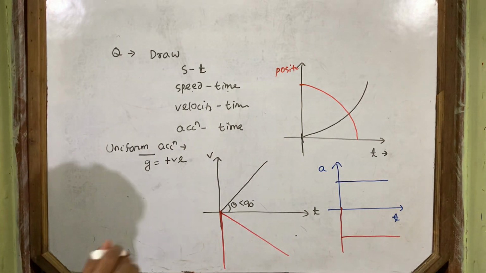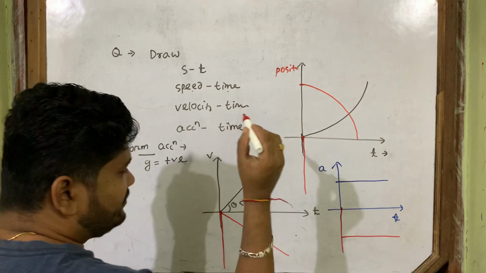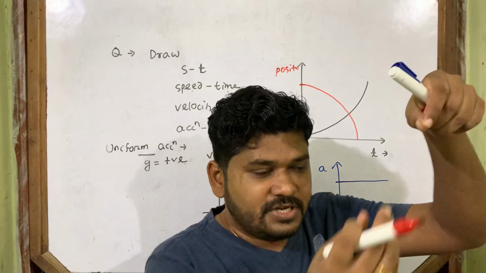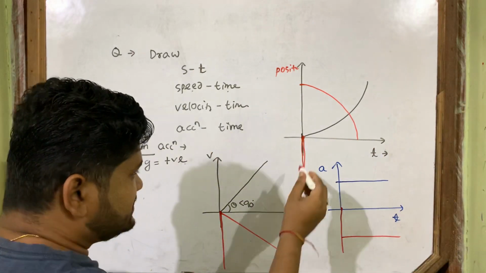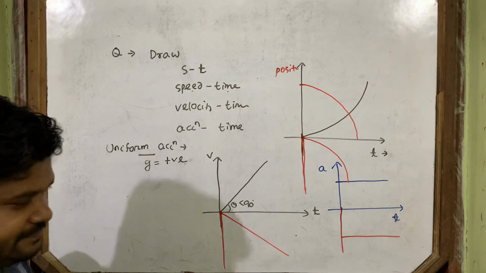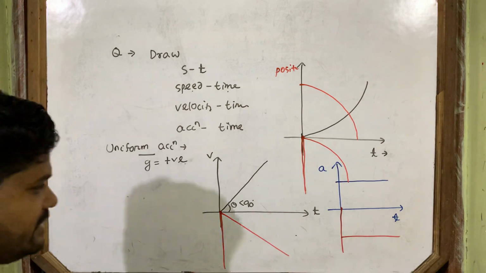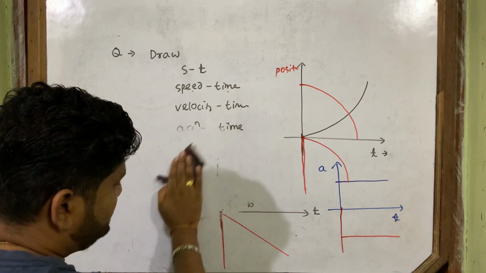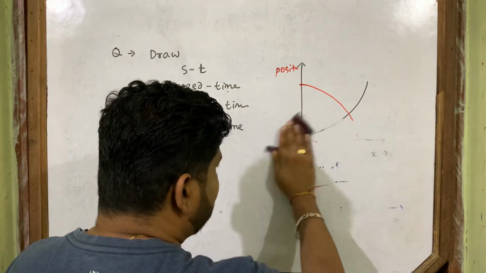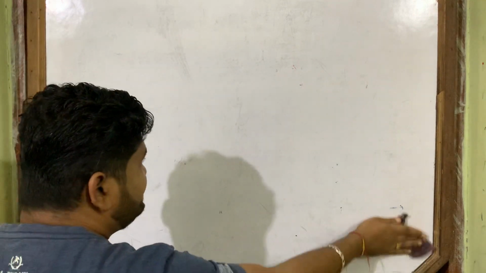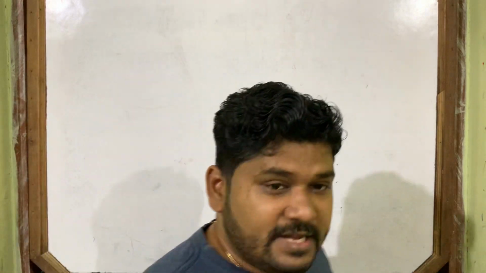You can also draw like this. In some books you also find it like this. This is the origin. When it drops, if that point is the origin, then as it comes downward it is on the negative axis, so the graph can also be like this. That is also correct. What seems easy to you, remember that one. I drew all the graphs for a freely falling body: position time, displacement time, distance time, speed time, velocity time, and acceleration time. Then we will do another question.